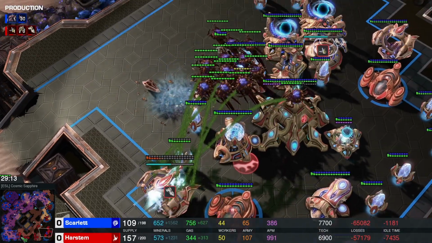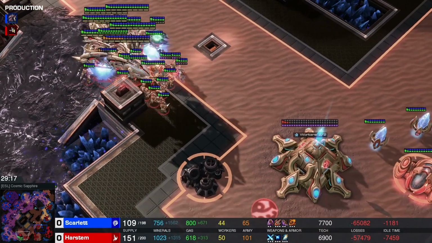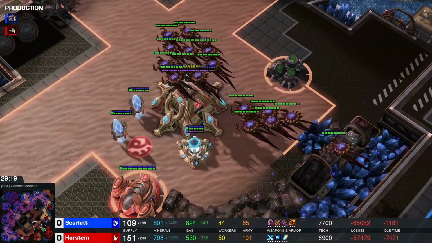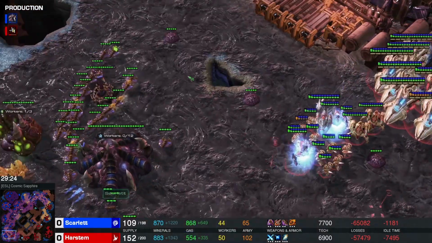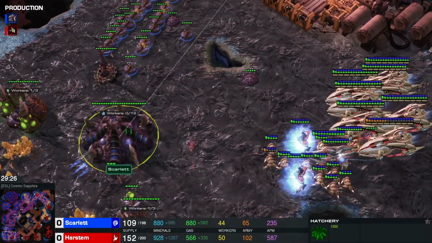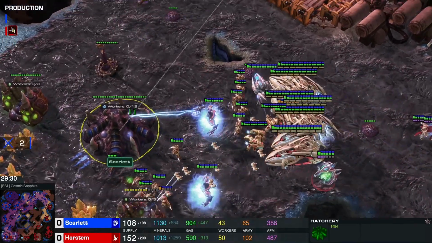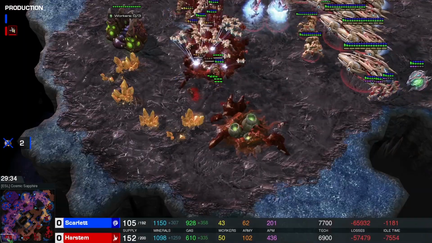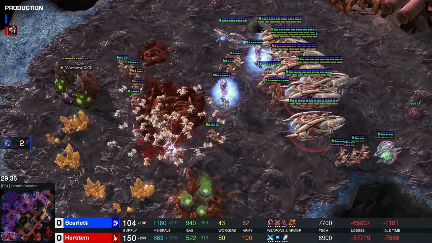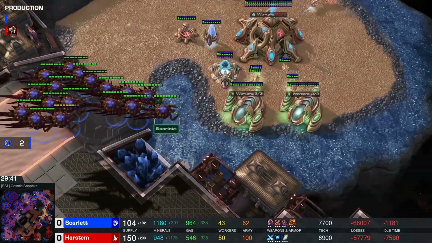HARSTEM not deciding to come back, he's heading straight forward to this gold mine, or is he just waiting perhaps for some reinforcements? The Corruptors have done their job, as now HARSTEM is going to go straight for this base. Drones are being pulled, and by the looks of it, HARSTEM should be able to snipe this expansion. Some units are fighting it out here. 2 drones have been killed, and by the worker count, HARSTEM has 7 more workers,